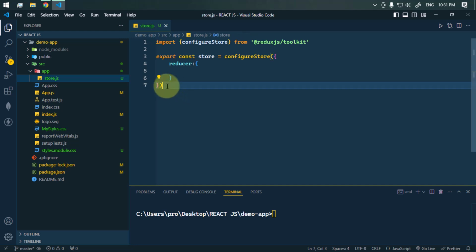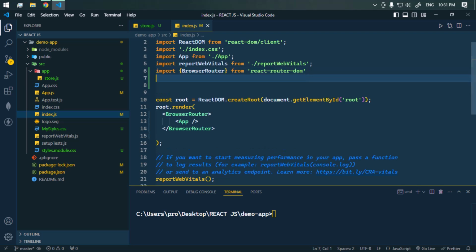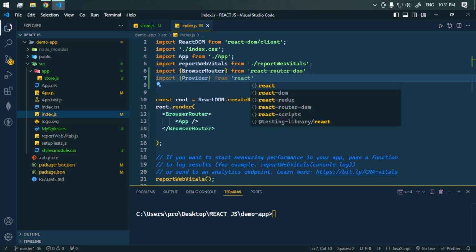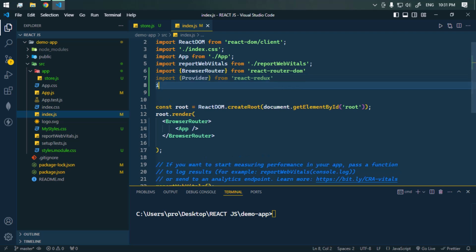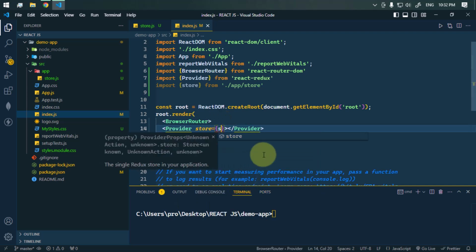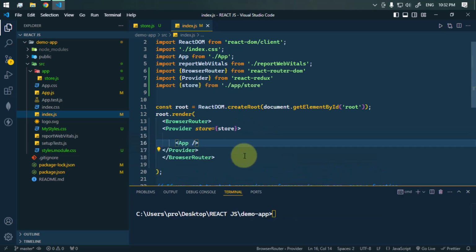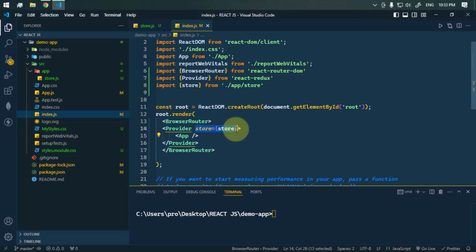For now, because we want our store to be available globally throughout the entire application, we need to provide that to the entire application. So here in the index.js, we need the Provider. So here we're going to import Provider from react-redux, and also we need to import the store from the app/store file. Now once we have the store and the Provider, we're gonna use the Provider, and here we're gonna provide the store throughout the entire application. So we have to wrap our App component inside that Provider